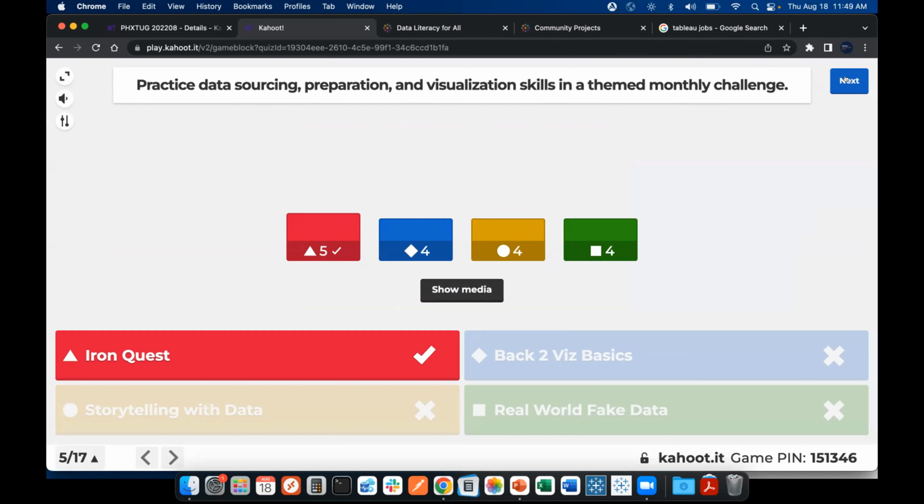If you're not familiar with Iron Viz, one of the main events at the Tableau conference, this is your preparation for it. So not only is Iron Quest geared towards that, but again, it's another great community project that will help elevate your Tableau skills.